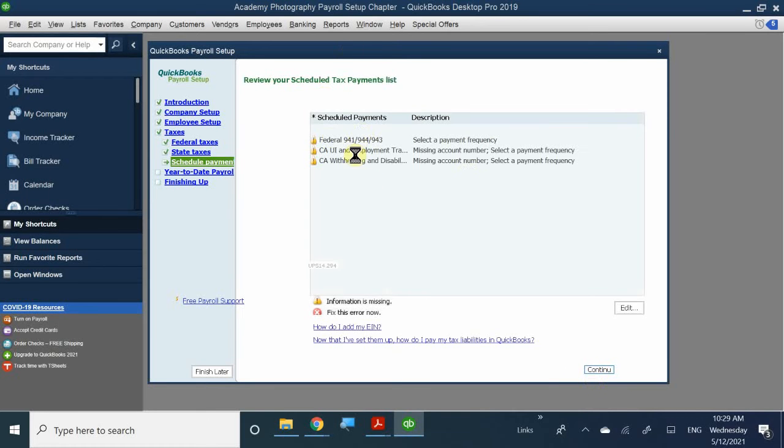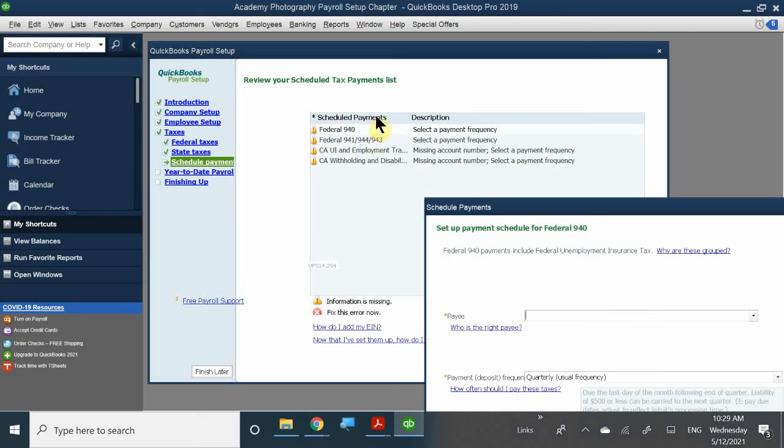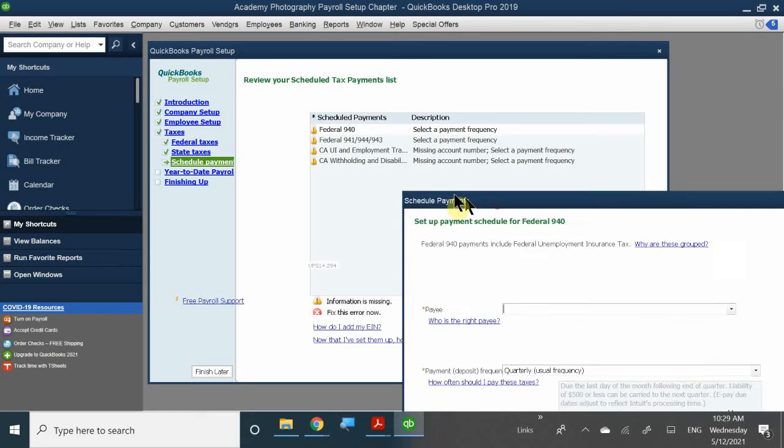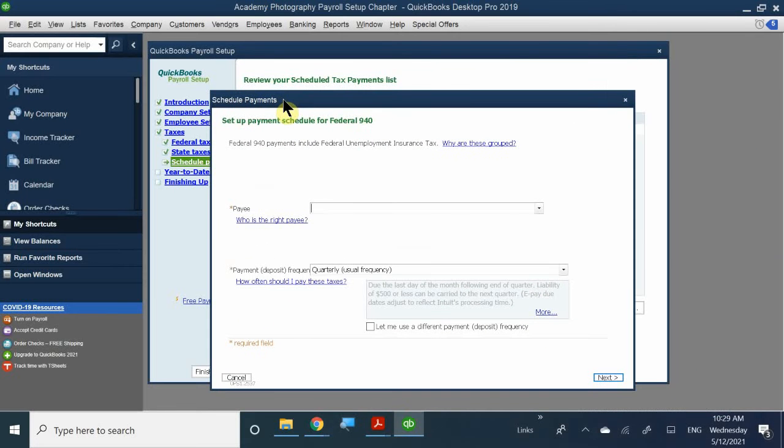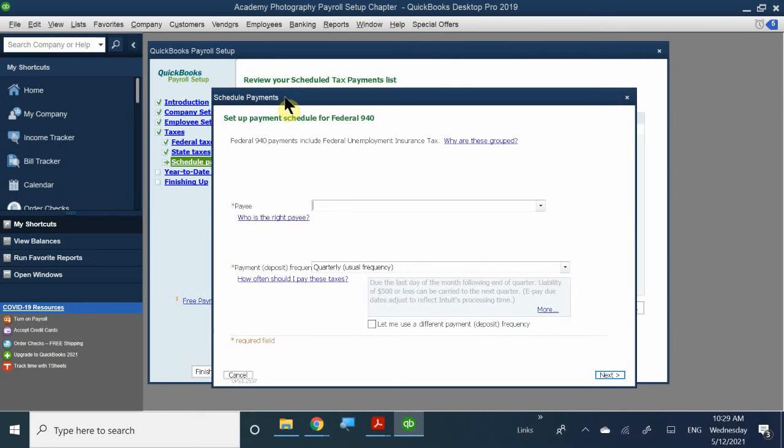So here, now we're going to have a list of all of these things that you have to fill out as well. So these are you're dealing with the California and the federal here. So this is where you're going to be utilizing your 940 form. Okay, so we're going to start with the very, very first one, which is going to be here. We're going to select